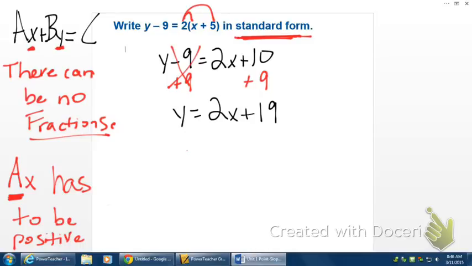Now, what form is that in? Slope, intercept form. Okay? So we're working here. This one, some of these can be time consuming. So, now,